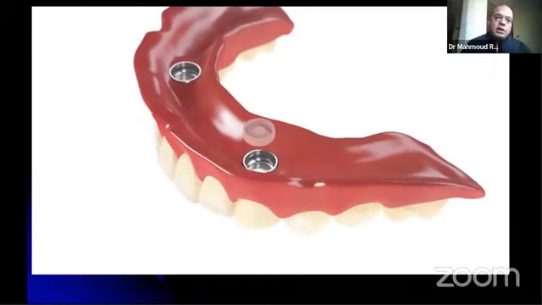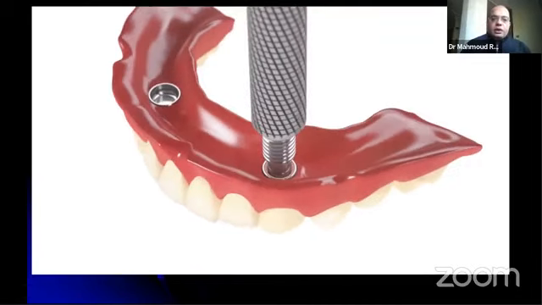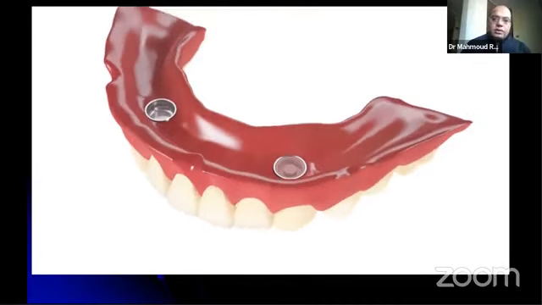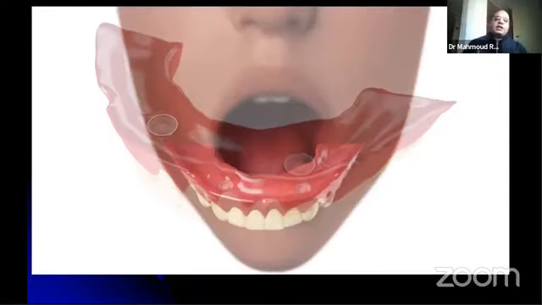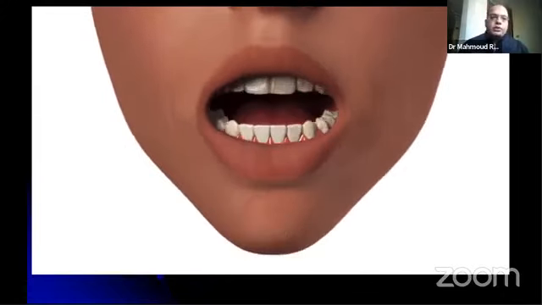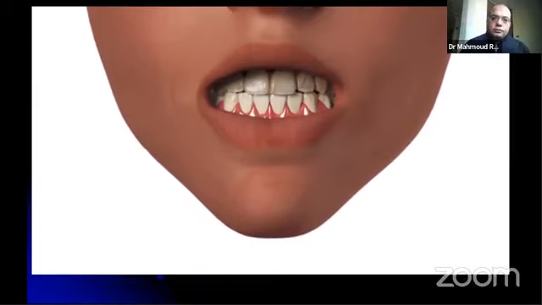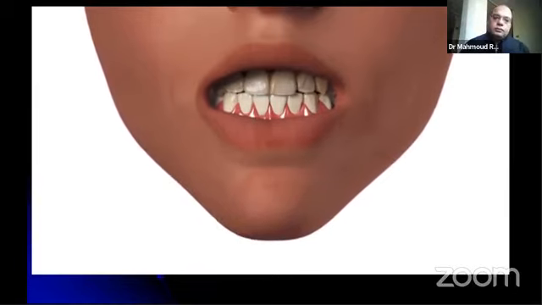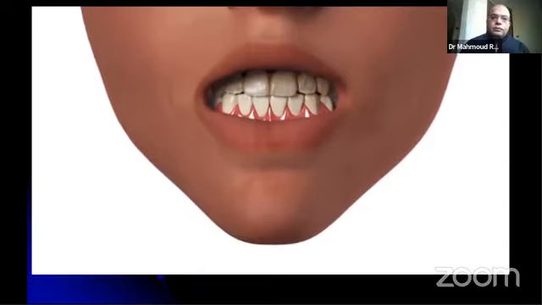of the patient. Here we insert the cap of the locator inside the denture, inside the metal housing, and then insert the denture inside your patient's mouth. You can now deliver your denture. Verify the patient's ability to remove and seat the denture properly. If the denture has too much or too little retention,